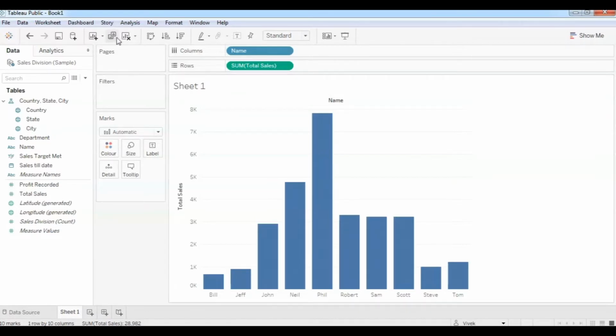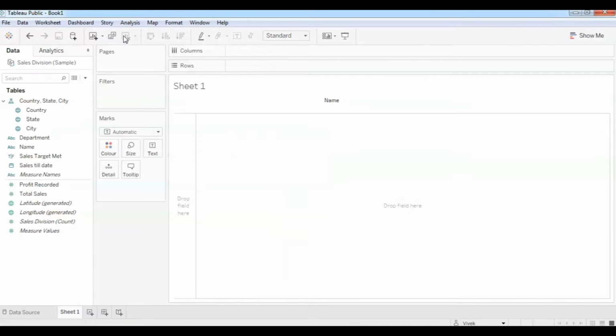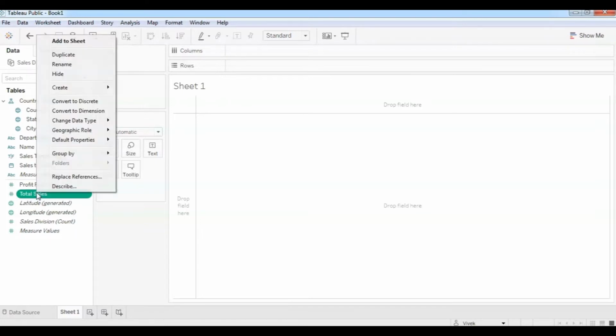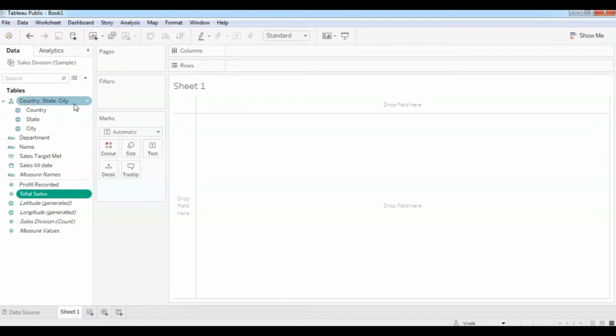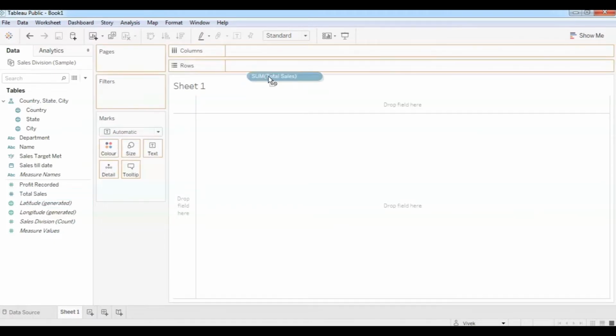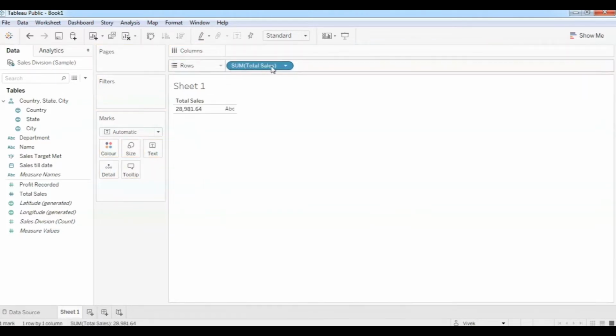So let me just clear this sheet. Now let's say we have this total sales, and if we change it into discrete, let's see what will happen. Convert to discrete. Previously it created the axis, but now it will create the labels. Let's drop it here. Sum of total sales, but it is the sum, so let's just